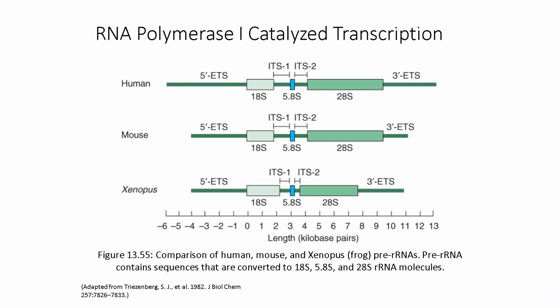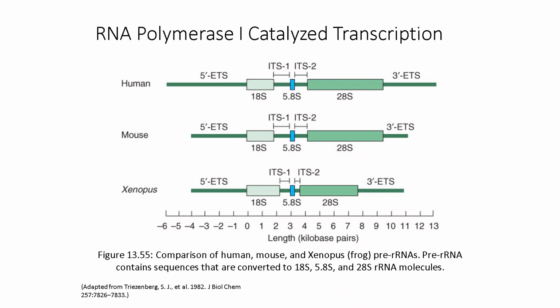This diagram compares pre-rRNA transcription units in human, mouse, and frog Xenopus. Each unit contains sequences for 18S, 5.8S, and 28S rRNA, interspersed with internal transcribed spacers, ITS1 and ITS2, and flanked by external transcribed spacers, or ETS. These spacers are removed during processing to form the mature rRNAs. Although species vary slightly in length, the overall structure and order are highly conserved, reflecting the essential role of rRNA